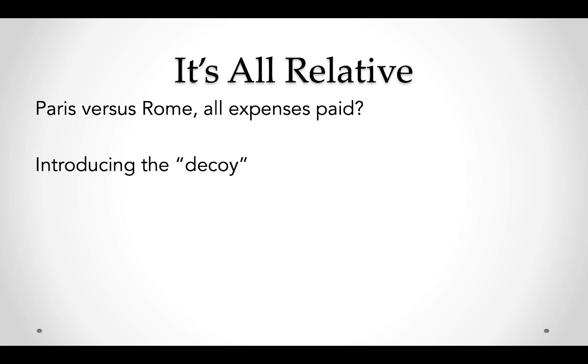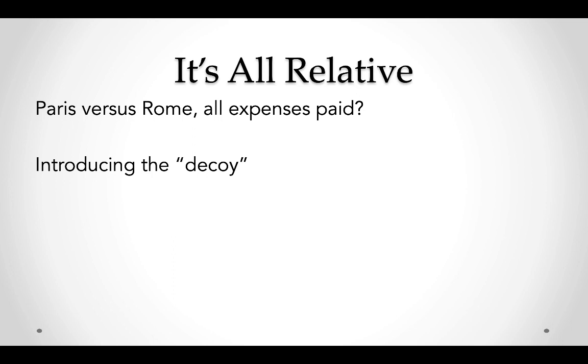That dummy choice that you saw with the Economist in the middle choice, or Rome, all expenses paid, no coffee, serves as a decoy. It's a decoy that is a dummy choice. No one wants it, but it does influence the choice of the rest of your decisions, right? So decoy, if you know, it's a dummy thing. It doesn't do anything, but it does influence your decision. Okay, so go back and now look at the Economist subscription in a different way.